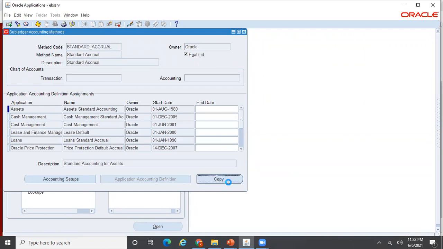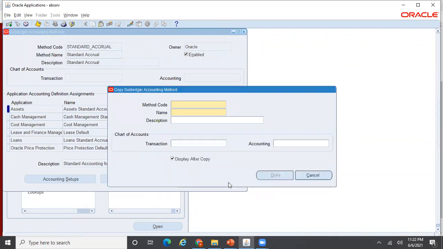Then copy this and call it something. Generally you use your client name in your naming convention, so I just want to use something like YYY SLAM.